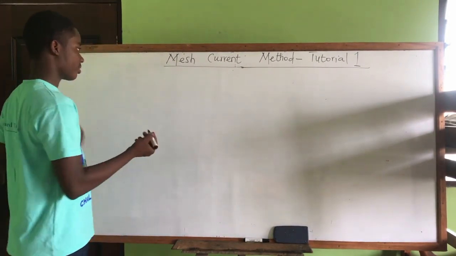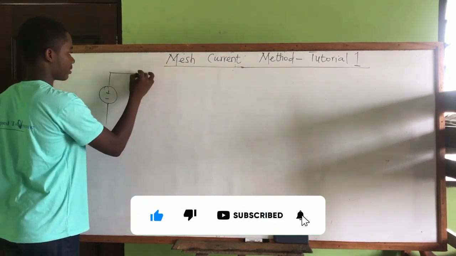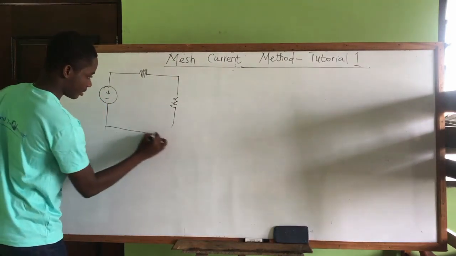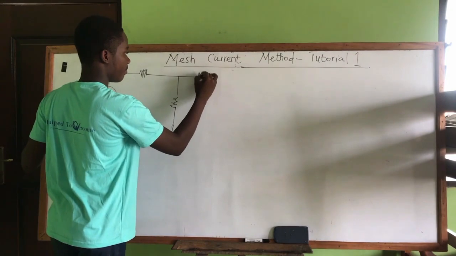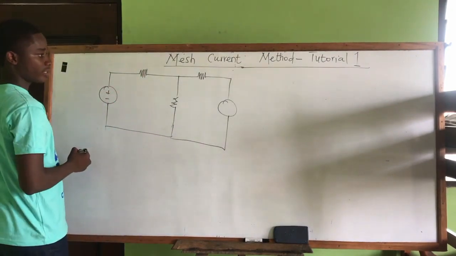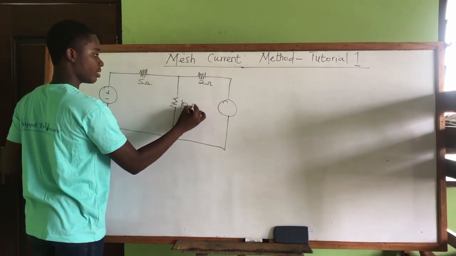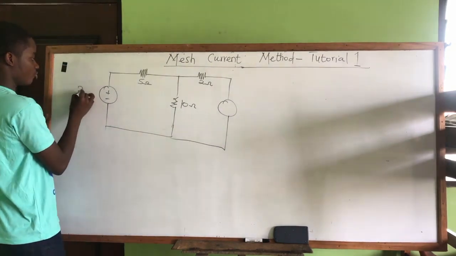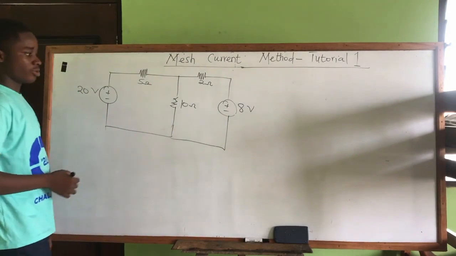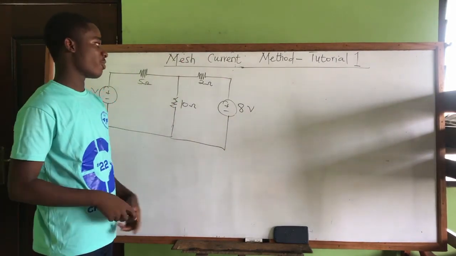Okay, so let's draw a simple circuit. Let's use this circuit to understand the concept of the mesh current method. So in this circuit, let's say we have resistors 5 ohms, 2 ohms, 10 ohms. Let's give this voltage 20 volts, and let's give this voltage 8 volts. So you'll be given a circuit and you are asked to use the mesh current method to find current in